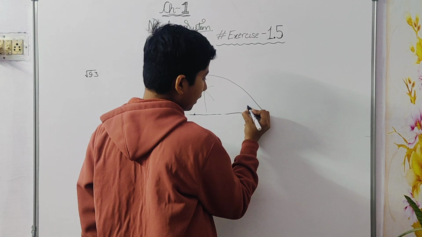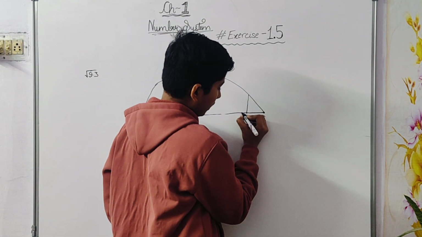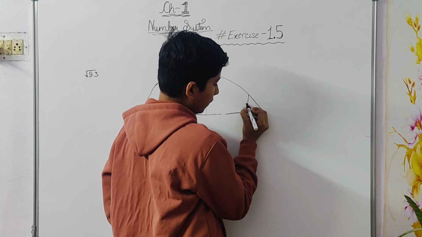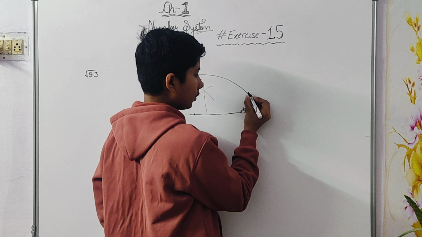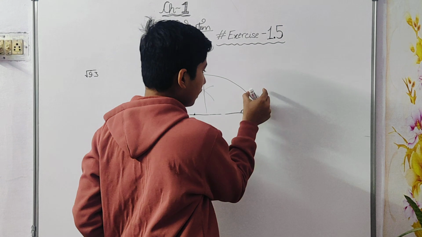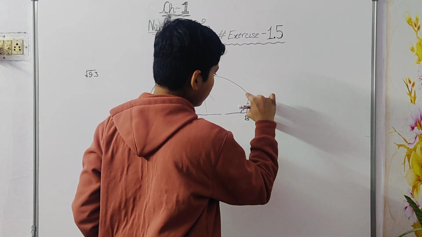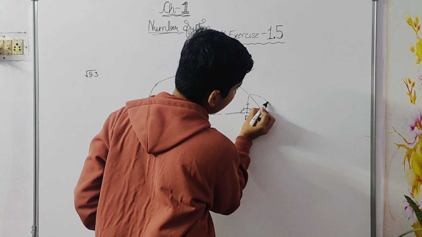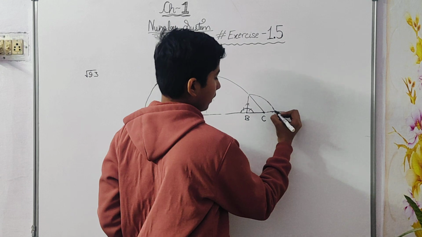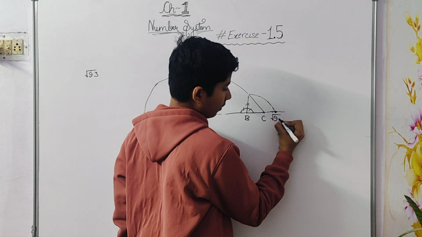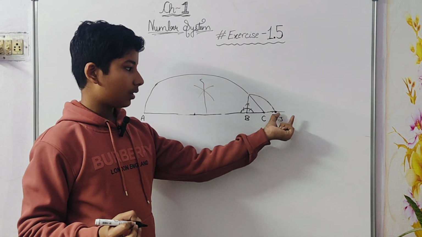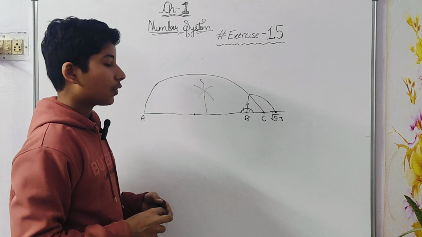So I'll make a 90 degree angle over here. How do we make 90 degrees? Open the compass this much, and from here this, from here this, and join them. Firstly we'll measure this. I've measured this, and this much I'll open. So this point on the number line will be root 9.3. This is 9.3 centimeters long. This is 1 centimeter. So this will be root 9.3 on the number line. I've told you how to represent it.